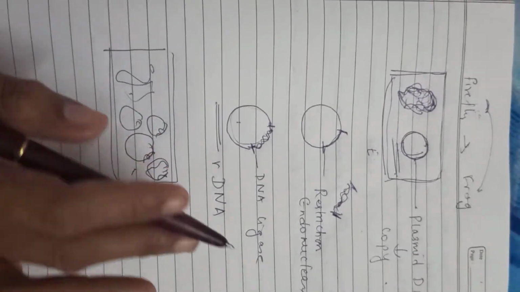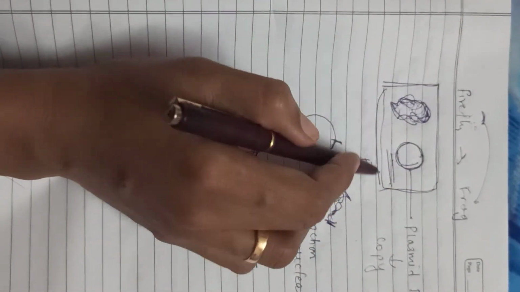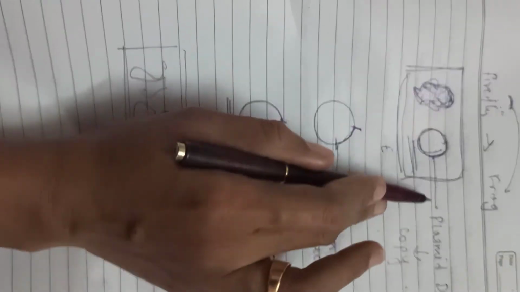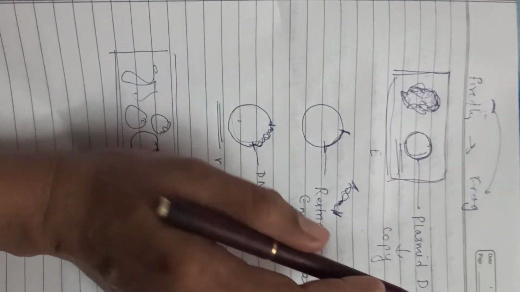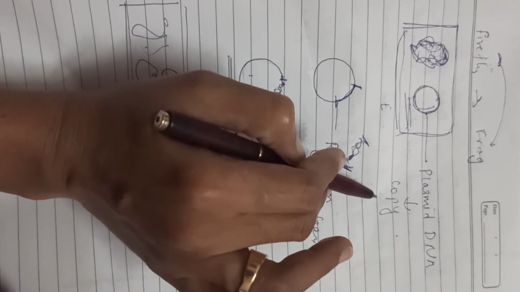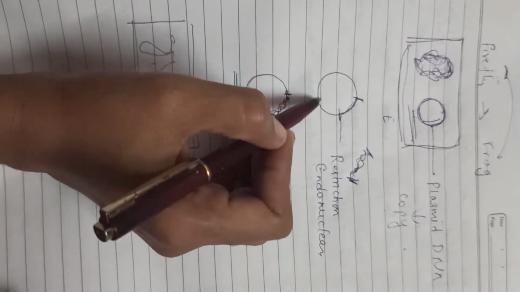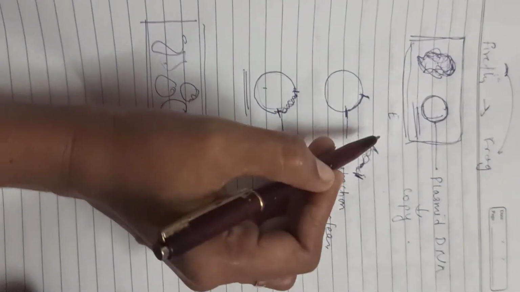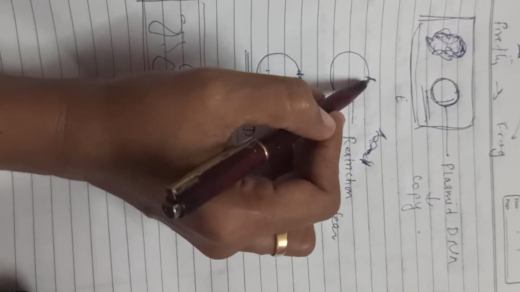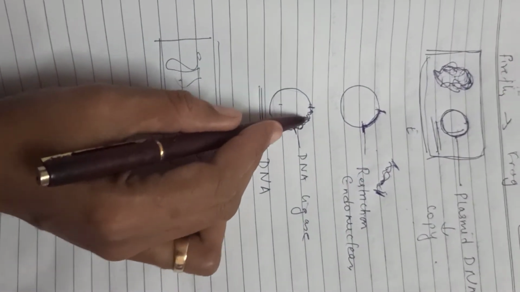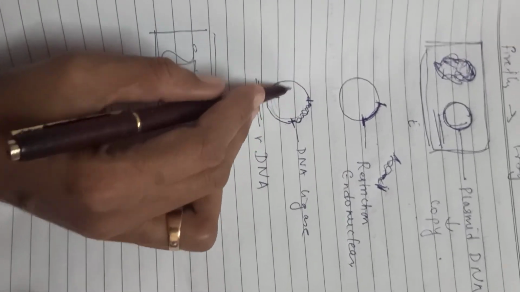So what happens here? First, we are talking about a bacterial cell. We are talking about extra chromosomal DNA. The extra chromosomal DNA is called the plasmid DNA. What is the feature of plasmid DNA? It is able to make copies of itself. So we take that plasmid DNA, make a cut here, remove this, and add a foreign gene into the part. So that becomes a recombinant DNA.